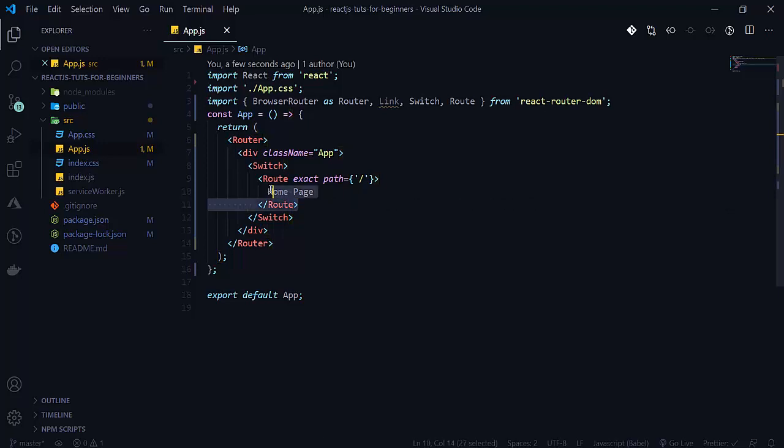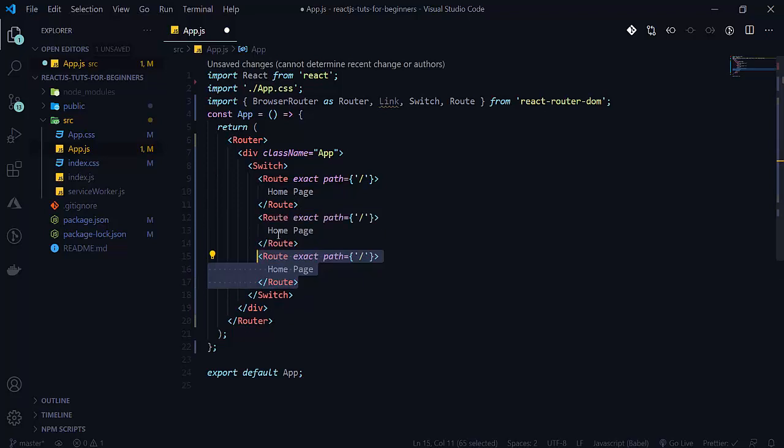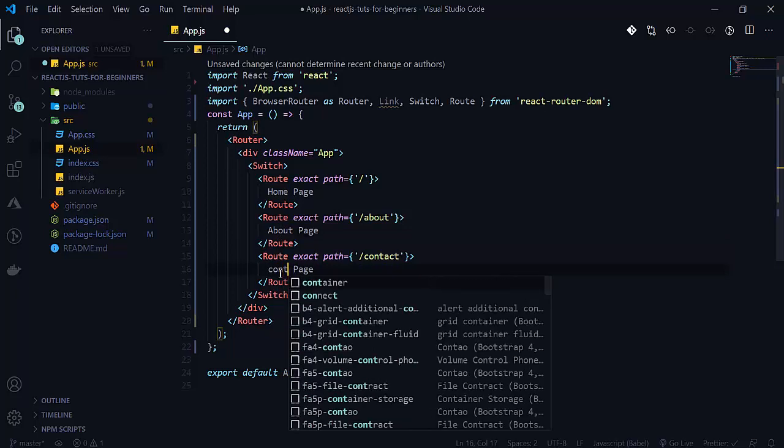So now let's define other routes also. Let me write here about, and after that contact. So this is our about page, and this is our contact page.